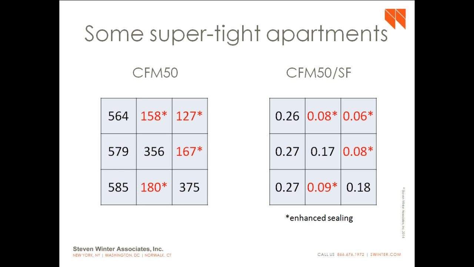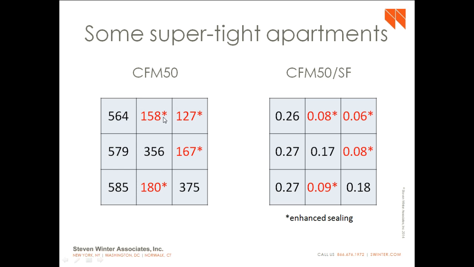So we tried to do this again in a building with trickle vents but some super tight apartments. So this chart here shows the results from 9 blower door tests. These apartments are all near each other. The bottom row is the second floor, apartments 201, 202, and 203, and on top we have 401, 402,